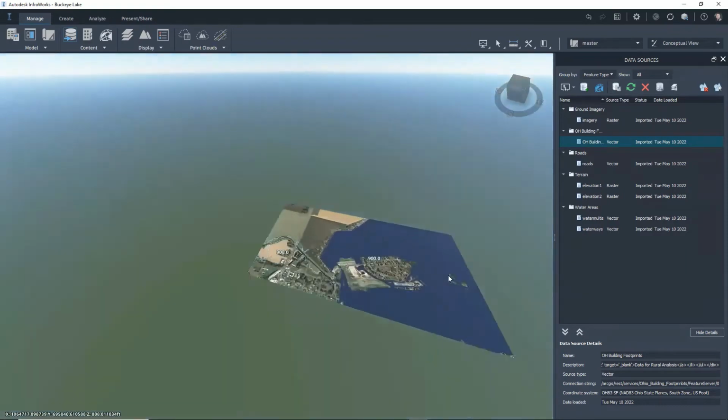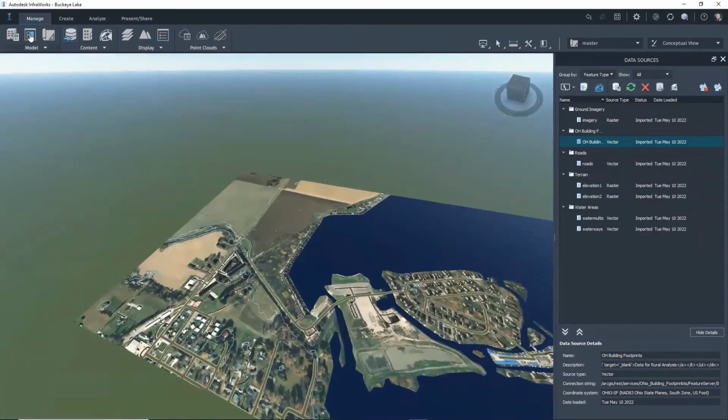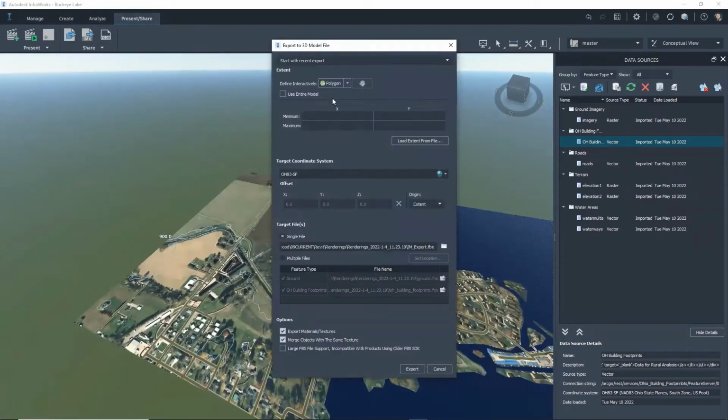So now that I have this, I can simply do a share and share it as a FBX file. So export the 3D model. I want to use the entire model. It's got coordinate system. It's going to do basically everything, but if I wanted to, I could separate the ground and the footprints, and it will export the materials and textures. So the imagery that comes across would be the same thing. So I would hit export, and that would save a,